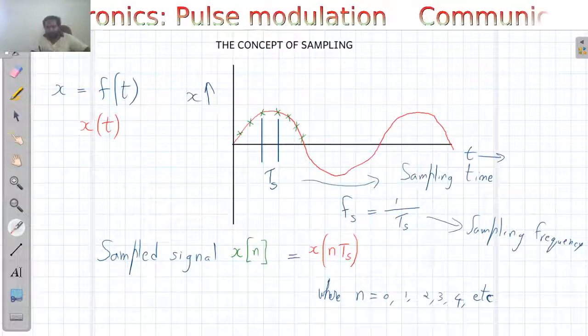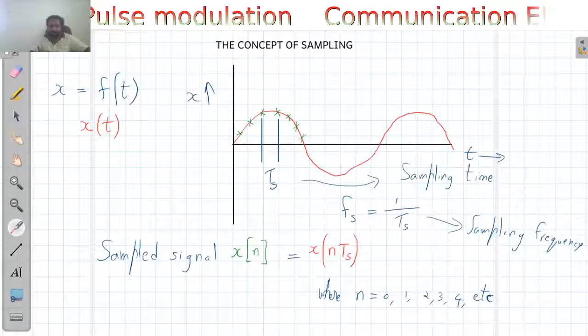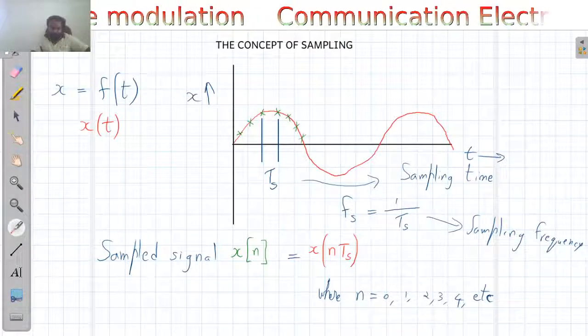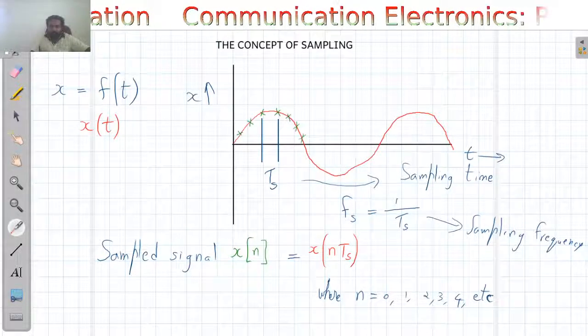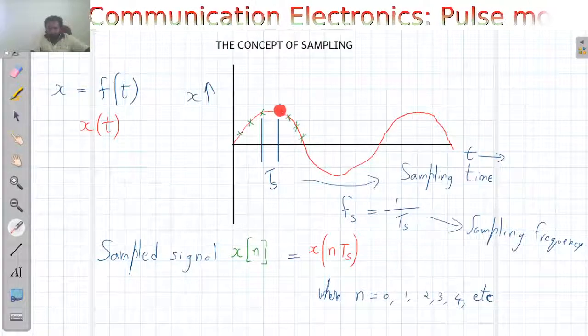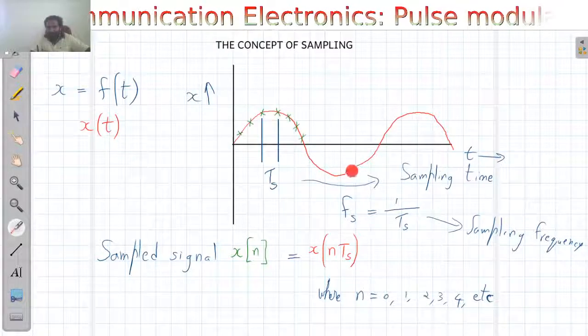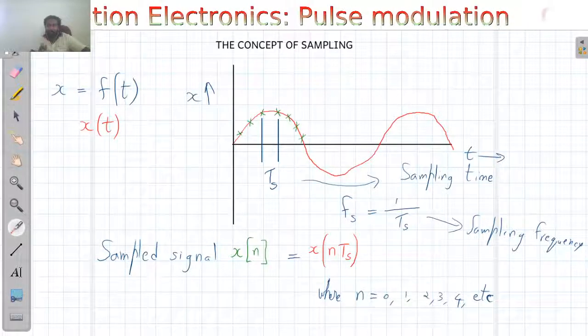That is why we need to have more and more sampling, and that is why in this case in a single cycle you had two. Suppose this is your maximum modulating frequency. For that frequency you are only having 2 samples per cycle. So that is the least possible thing you can do.